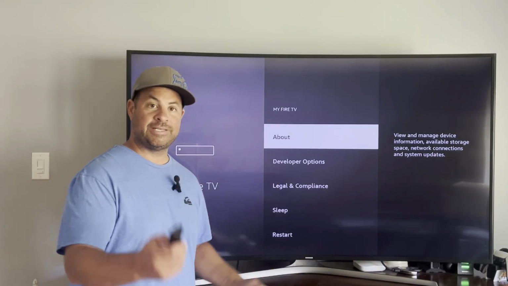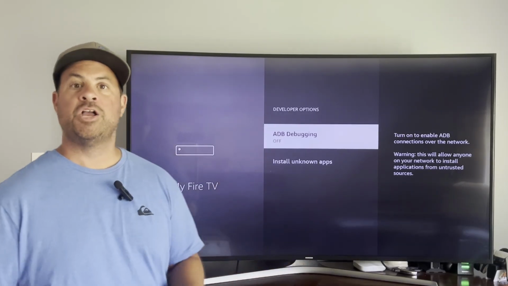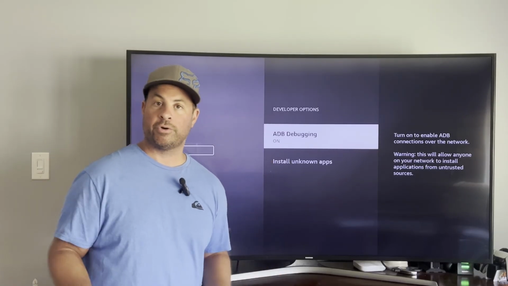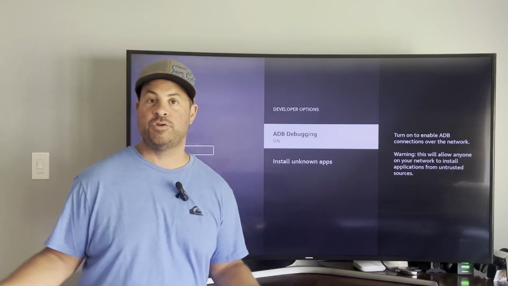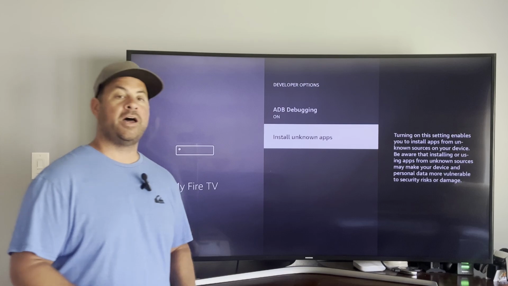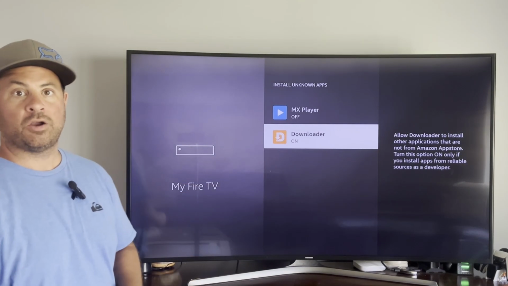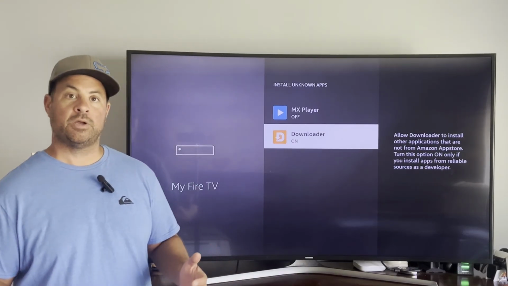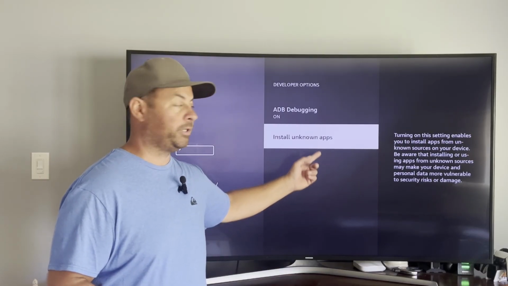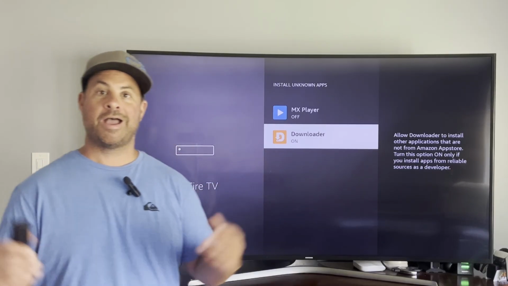Now developer options is listed here. Highlight developer options, use your remote and turn it on, or use your remote to open it up. Here, ADB debugging, we can turn that on. For what we're going to do today, we don't need it, but any future time you find an app that you have may need it on. Highlight unknown apps, select on it, and then find Downloader and just click on. Now, if you have an older version, back here where it says install unknown apps, it may just be on and off right here. Enable it. And the newer versions, you have to go to the actual application and turn it on,